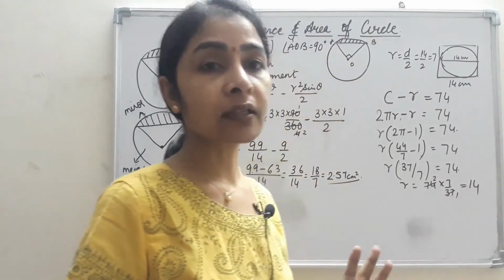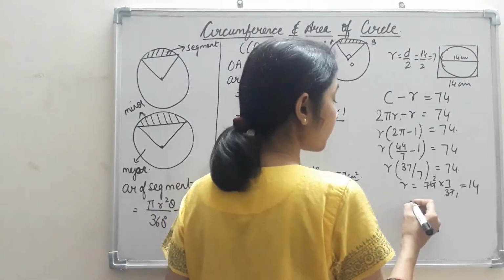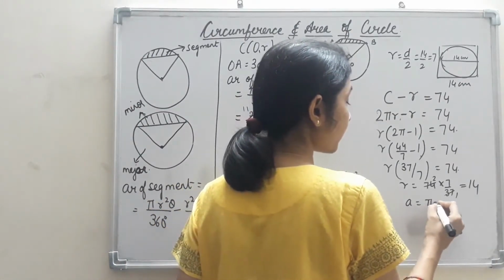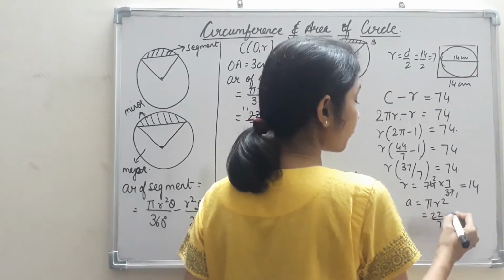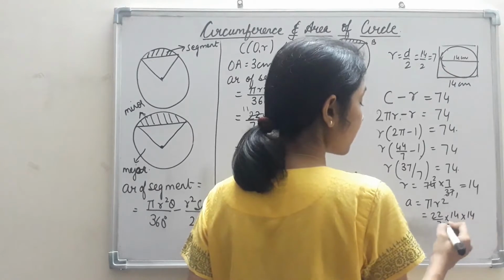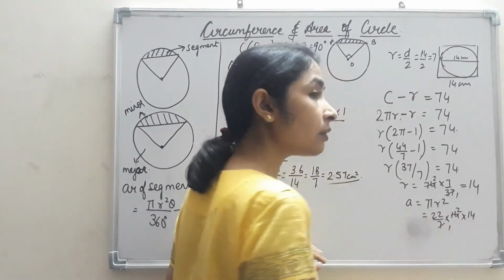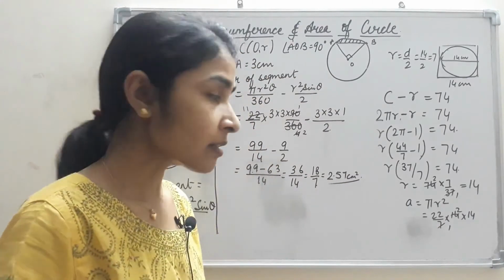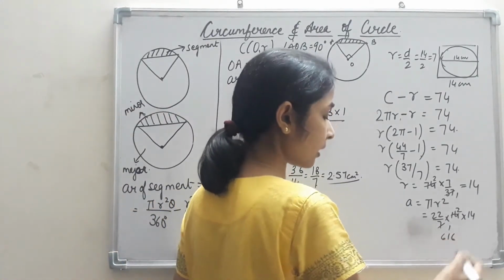Now easily I can calculate the area. We are supposed to find out the area. So the formula for area is pi r square, and that is 22 upon 7 into 14 into 14. 7 ones are 7 and 7 twos are 14. Now 22 into 2 into 14 will give us the area of the circle. It will be roundabout 600 something, 616 I think, yes.